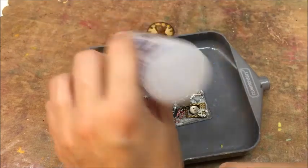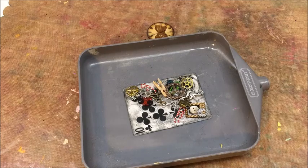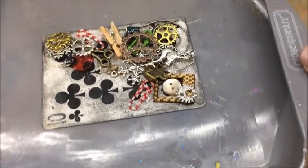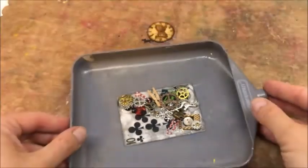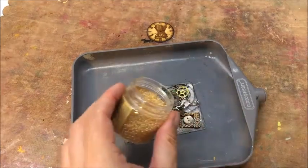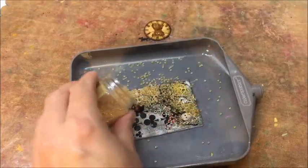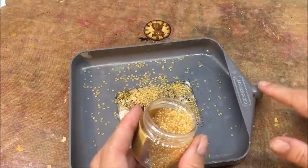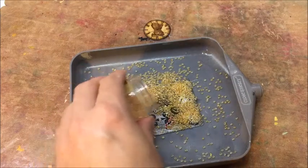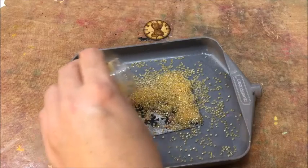Okay, so I'm feeling good about that. I think I have enough laid down there. I can lift this up and show you real quick. See how much glue I have on that? All right, so here we go. I'm just going to dump, and whatever I don't use, I'm using it right here in this nice little, I don't know what it's called, catcher. A lot of people use it for embossing, and I'm just dumping, and then I can leave it sit here, let it dry,